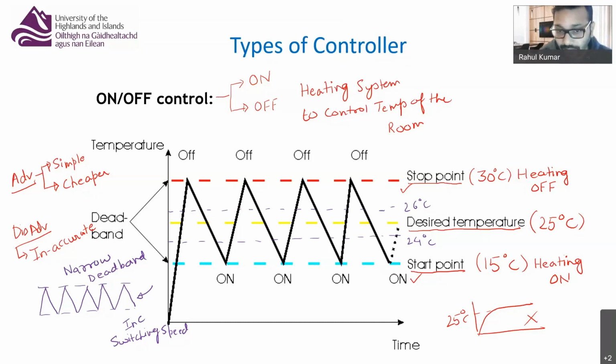So by reducing the dead band, you can control the temperature around the desired temperature, but it will increase the switching speed, and as a result of this, it will damage the heating system or any other system which you are trying to control,